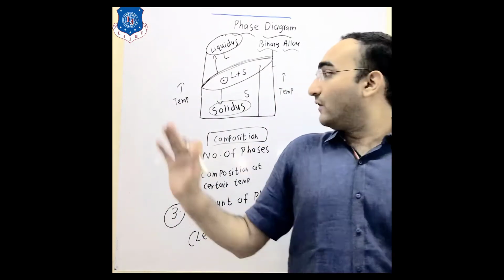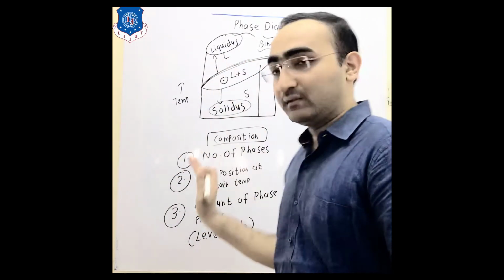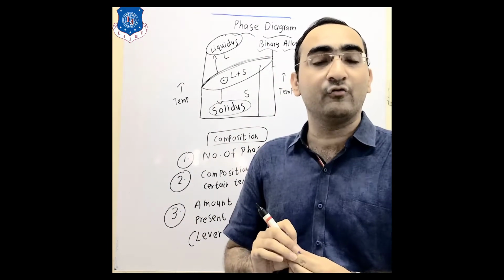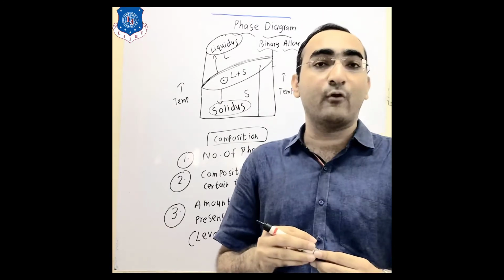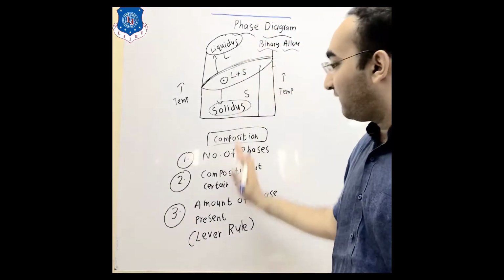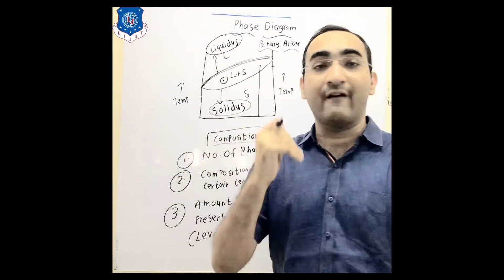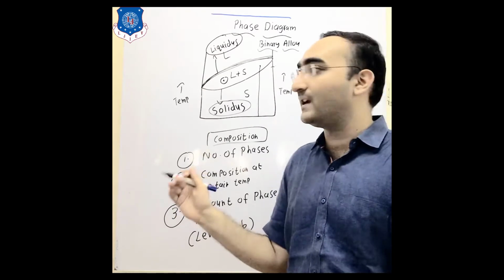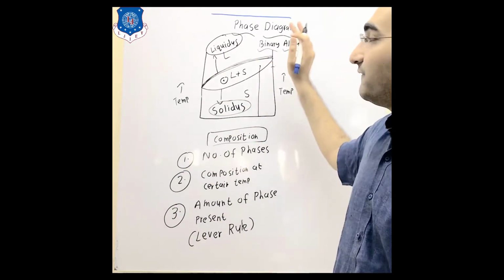Okay, so after all these things, let us see how this particular diagram is going to get developed with the help of the different information which we are having. So these are the different things of the phase diagram. Why phase diagram, and which information are we getting? So this was a standard phase diagram.